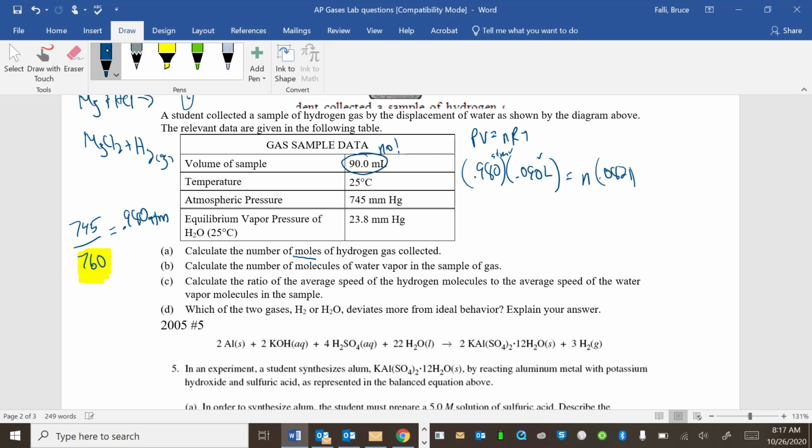And then there's R and then T. No! Remember, I have to add 273 to get that there. So that's 298. And then I do the math. Whoops, I just misspelled N. That's pretty funny. 0.98 times 0.09 divided by 0.0821 divided by 298 is